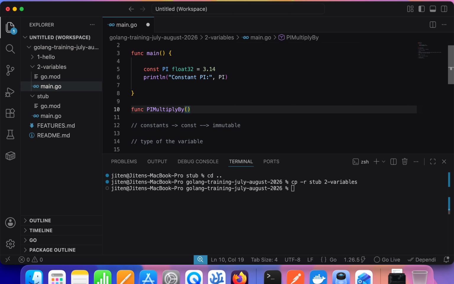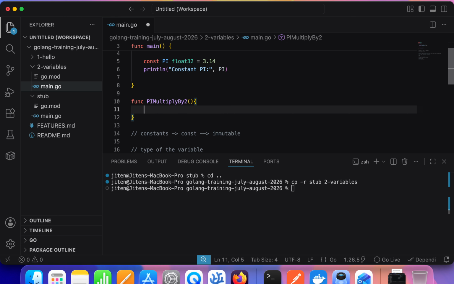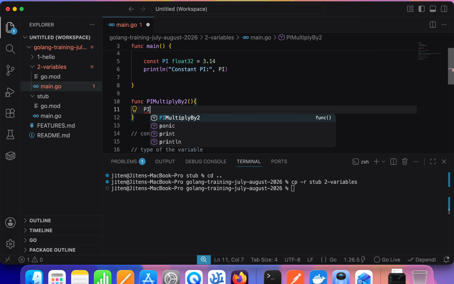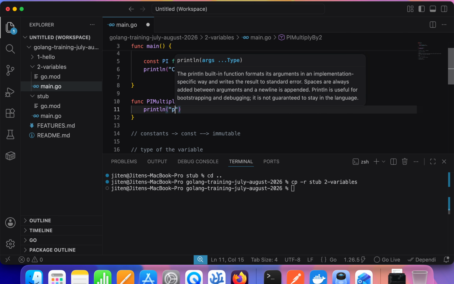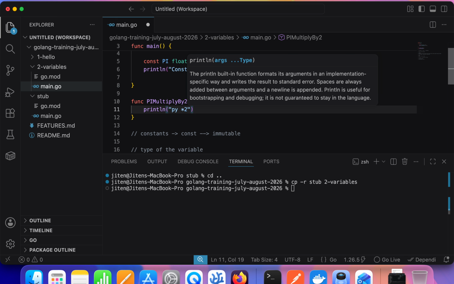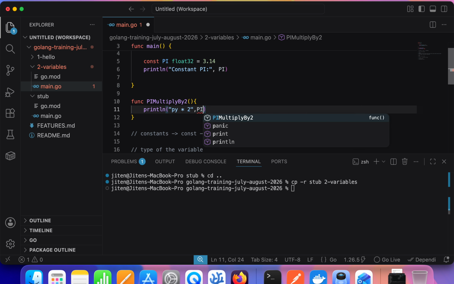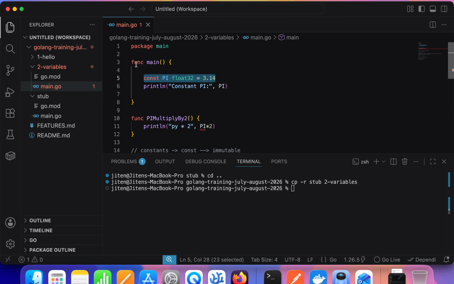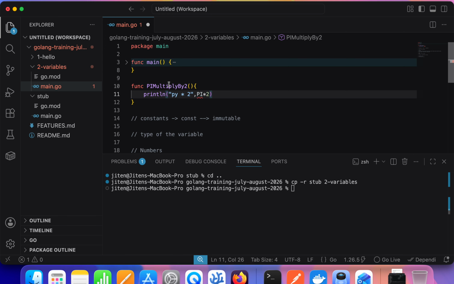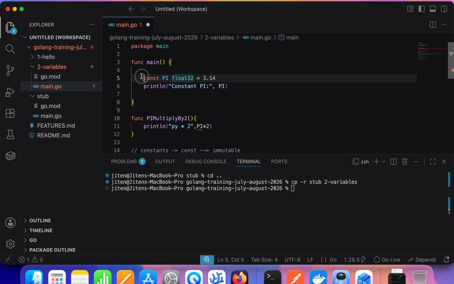for example, we create a function. Okay, I would like to multiply by 2, let's say, even if it's again a simple function. I want to take pi, so I want to say print line pi into 2, for example. I want to do that. Pi into 2, you cannot do that because it is declared within the function. So it has to be declared outside of the function so that it can be accessed